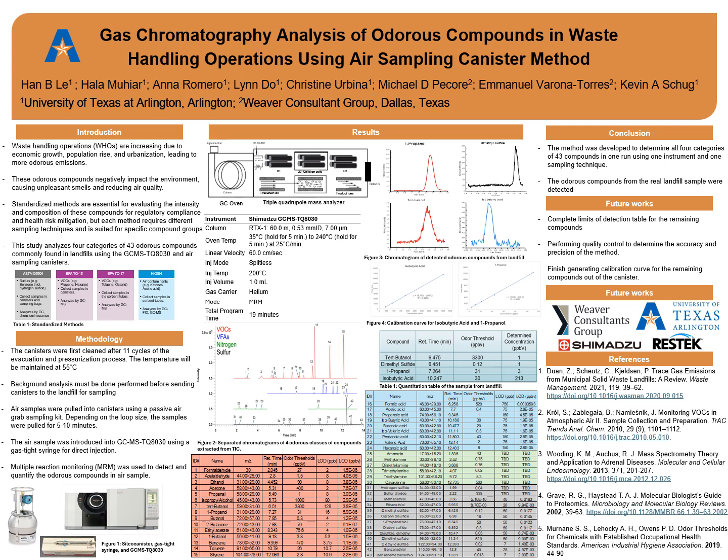Therefore, this study is to analyze four categories of 43 compound groups that are commonly found in landfills and have considered thresholds, in one analytical run using the GCMS TQ8030. We use an air sampling canister featuring treatment technology to provide an almost inert environment, which allows our sample to be stored for a long period of time without loss, which is ideal for our project. The gas will be pulled into the canister for 5 to 10 minutes using the passive air grab sampling kit,